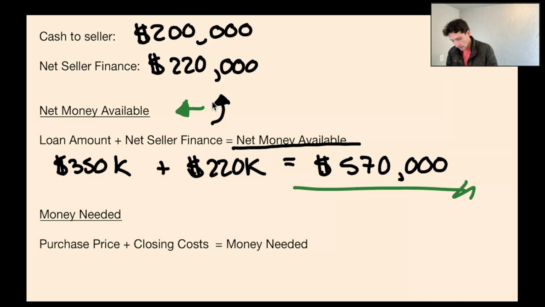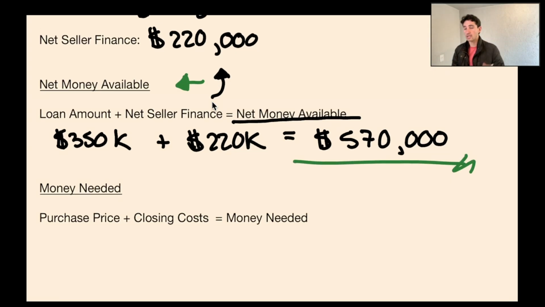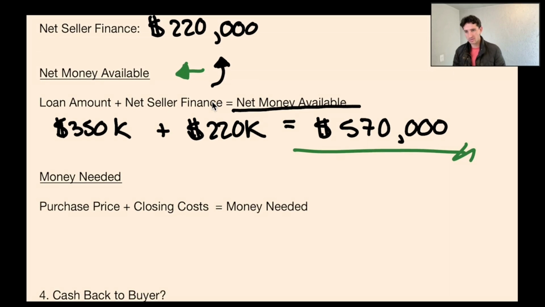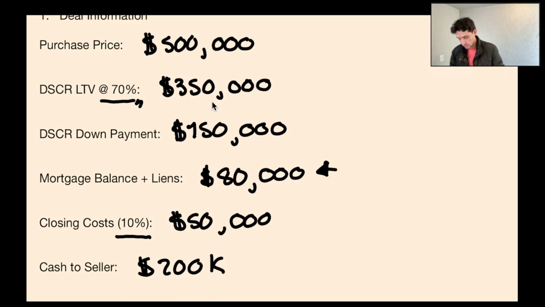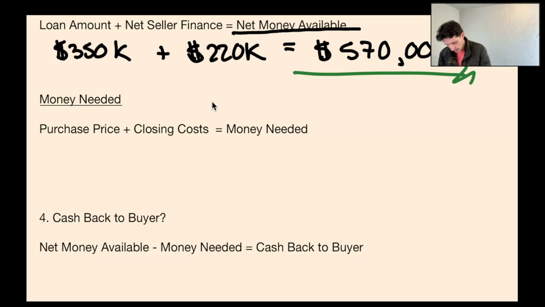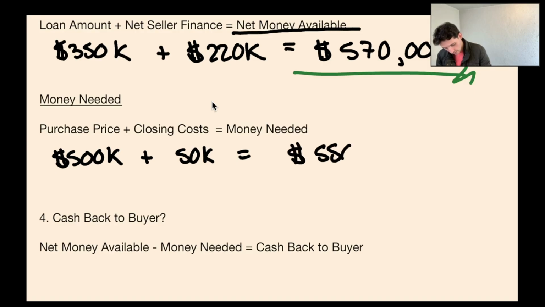Now money needed. Okay, this is just gonna be, as you can see on the formulas, the purchase price plus closing cost. Let's do it at 10% and let's see what happens. So purchase price 500,000, 500K plus 50K of closing costs. It's gonna be money needed $550,000. Nice. That was a tight deal,